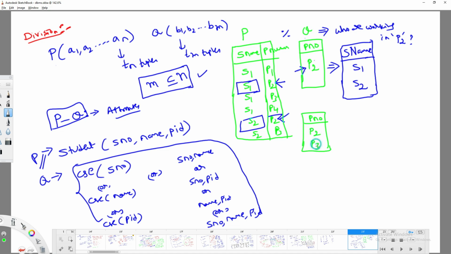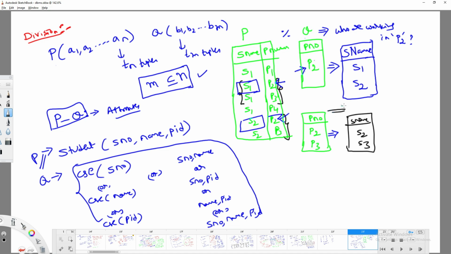P2 and P3 are common for S1, and P2 and P3 are common for S2. So the result is student name S2 and S3, that is, who are working in both P2 and P3. Can I do it or not?